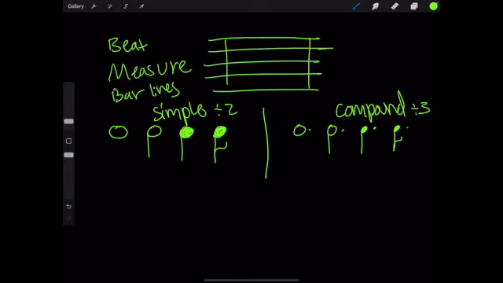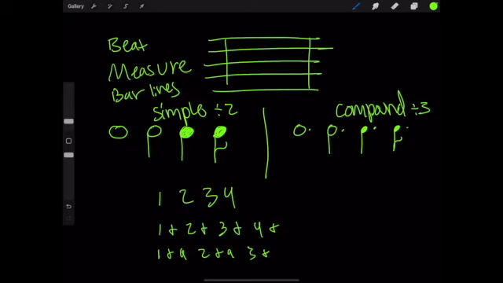Right? Now, that is counted in the following ways, and we talked about this before. But first, when we don't divide the beat's just counted with a number, right? 1, 2, 3, 4. But when we divide it by 2, it's counted as 1 and. That's the symbol for and. 2 and 3 and 4 and. When we divide it by 3, it's spoken as 1 and 2 and 3 and 4 and. And when it's divided by 4, it's counted as 1E and 2E and